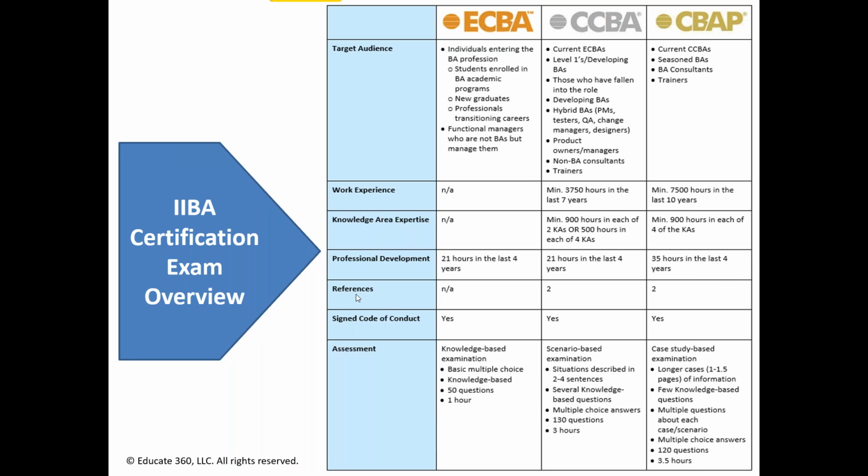Okay, next question. David asked for recertification tips, and I launched into my certification tips lecture. So recertification, I would start by keeping track of your PDUs, CDUs. I have a spreadsheet that I use, and our website, I believe in the resources section, has some recertification tips, and there is a spreadsheet there, but I just invented my own, and it was just pretty basic. So keep track of the date, the event, like if it was a chapter meeting of your local chapter, or a conference like BA World or BBC or something, or a training class,